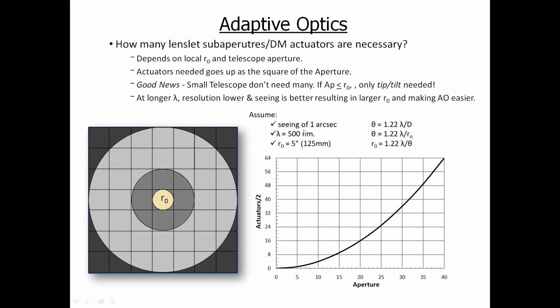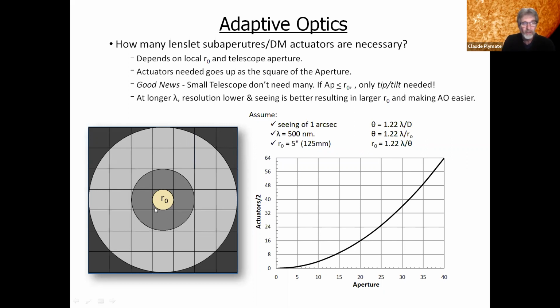Again, I'm still saying that our wavelength is in the middle of visible, which I'm calling 500 nanometers out in the green. Say our scene in this case is 1 arc second. So if we solve that for R naught, that comes out to an R naught of 125 millimeters or 5